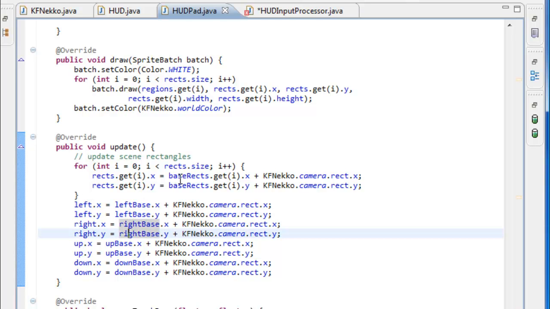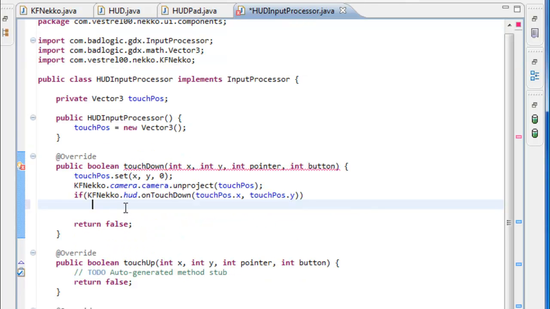And that's why we're updating it so that this always follows the camera. It might not make any sense, but